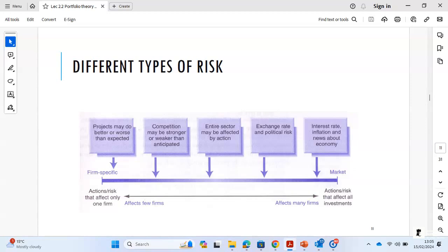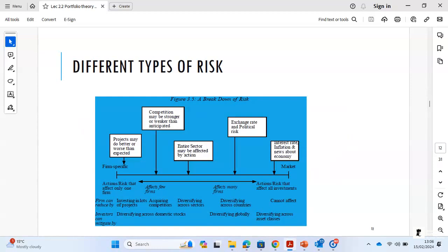On the other extreme, the market-wide risk includes factors that would affect all securities in that market, such as changes in interest rate, changes in inflation rate, and changes in government policies regarding how the business needs to be regulated or conducted, right? That would affect all the firms in the market. So diversification helps to reduce the unique risk, firm-specific risk, but it doesn't take away the market-wide risk.